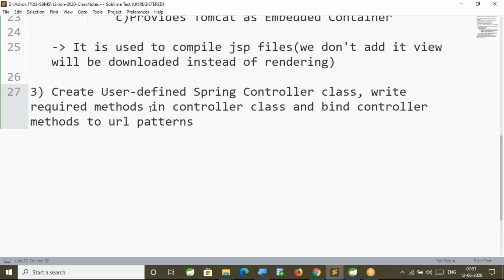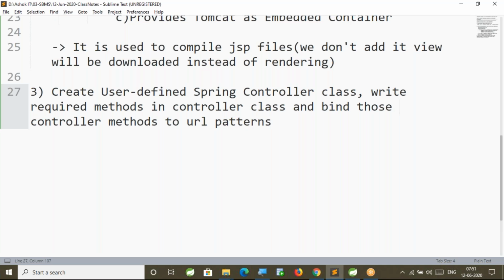And bind those controller methods to URL patterns, because these controllers are not something we are going to execute in the project. These controllers are called request handlers. So in order to handle the request sent by the end user, we are writing a method in the controller.